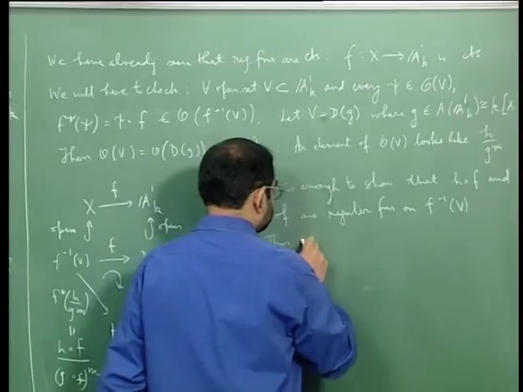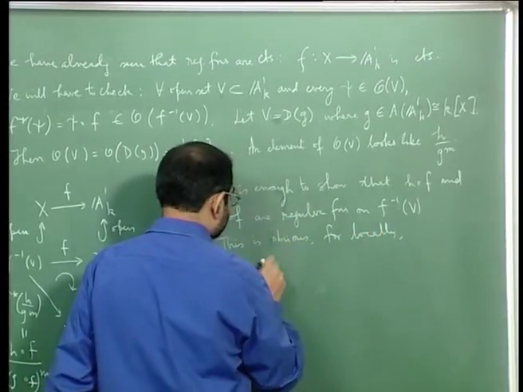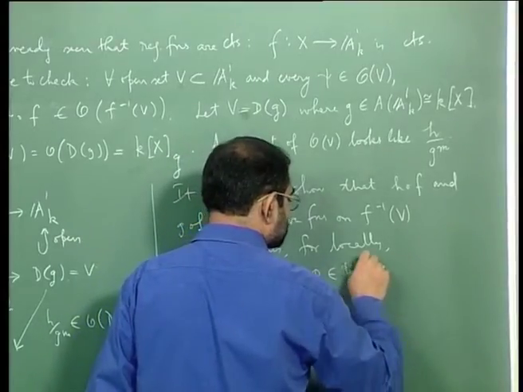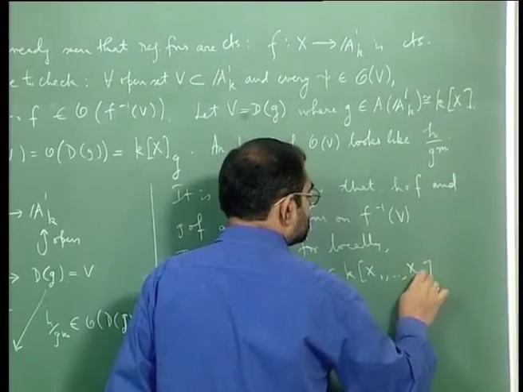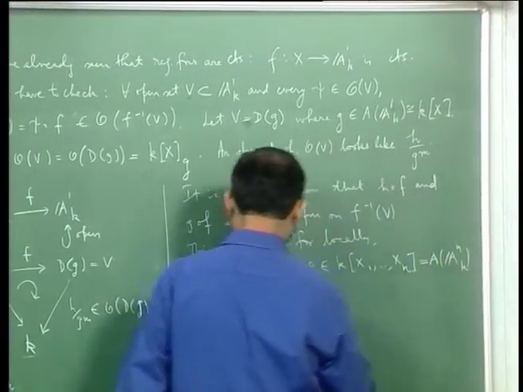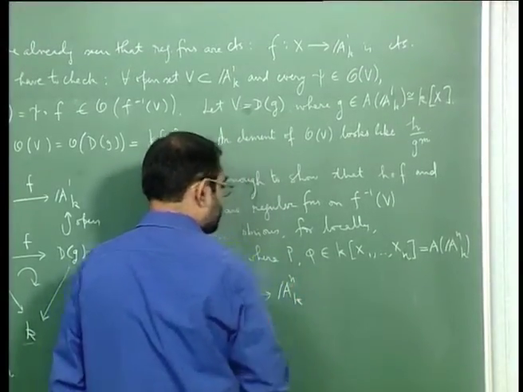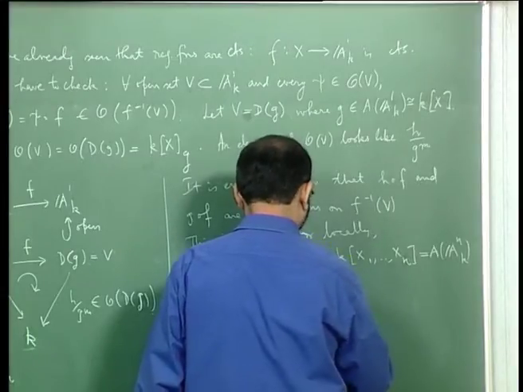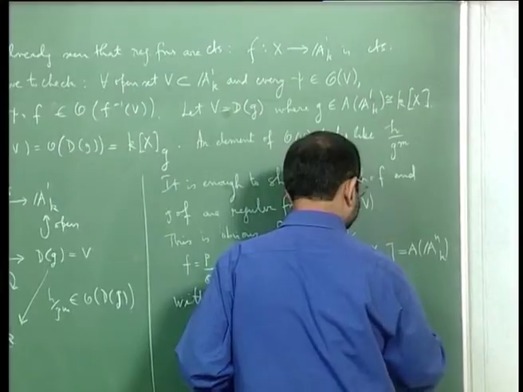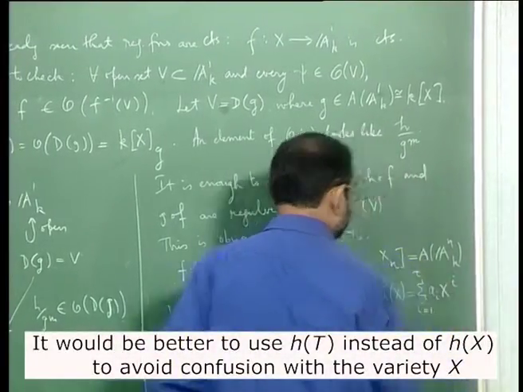This is obvious for locally f is equal to p by q, where p, q are polynomials in the right number of variables, which is a of an, with x sitting inside an, okay, and if h is equal to h of x is equal to sigma ai x to the i, i equal to 1 to say some t, then